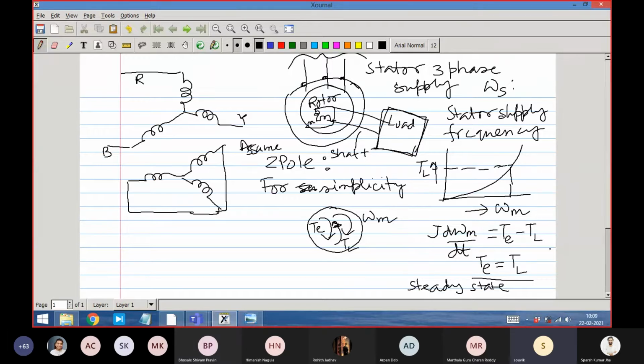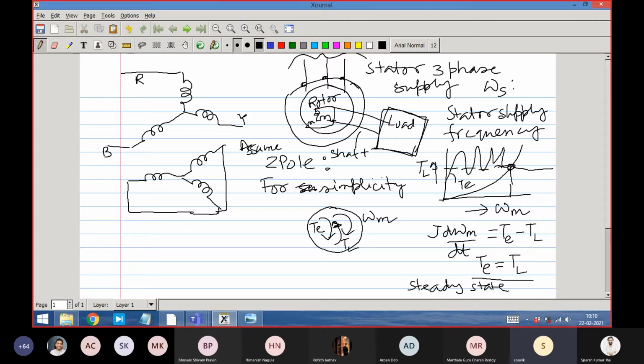Just hold on. Just understand that whatever may be the T_E characteristics, let me say for the time being I'm generalizing the T_E characteristics. It may be like these, but eventually it has to be this at this point. I don't know what is happening elsewhere, it will obviously not be like that, but I can imagine that the T_E characteristics is like that.